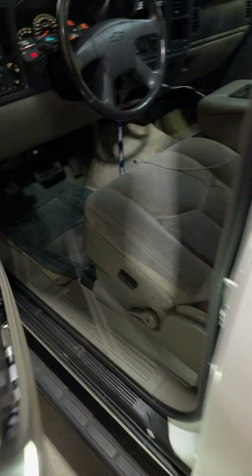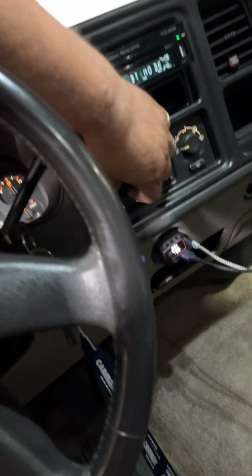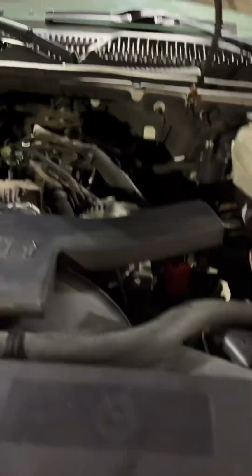Alright, so ever since I've had this Tahoe, I've had this idling issue, usually when the AC is on. So, I'll turn the AC on, and she's been just falling on her face. Now, the check engine light's also been on for the evap large leak, and then the fuel tank pressure sensor on top. Now, I just pulled the top of this 4.8 off,